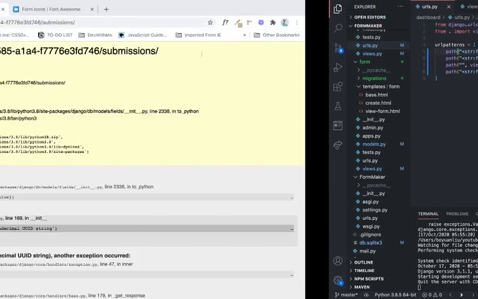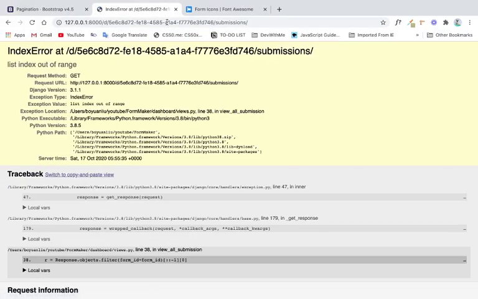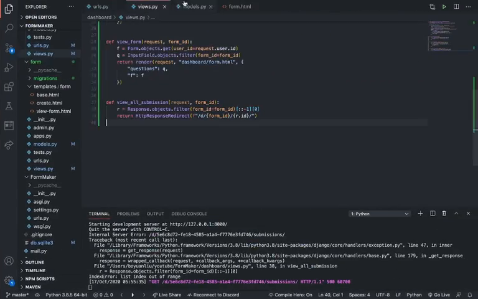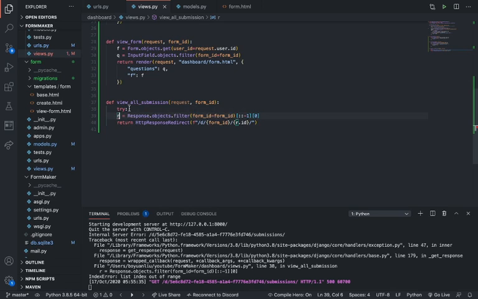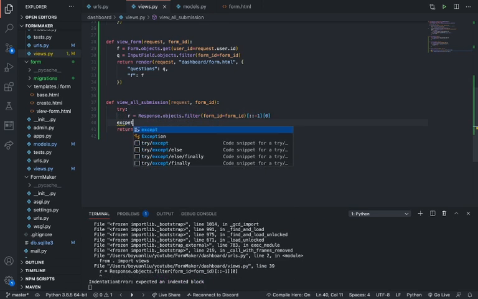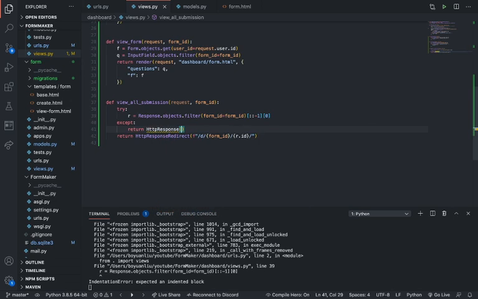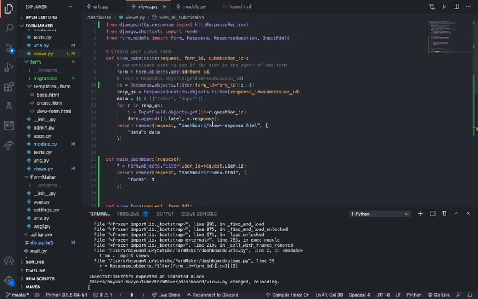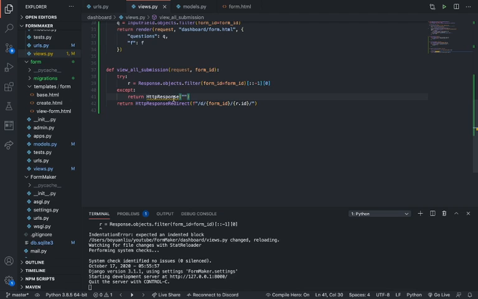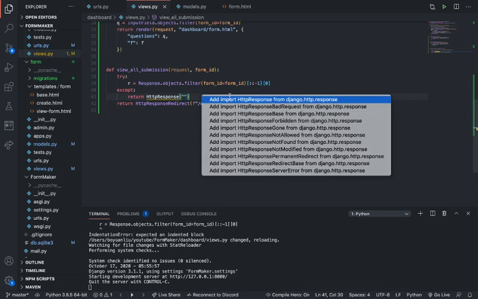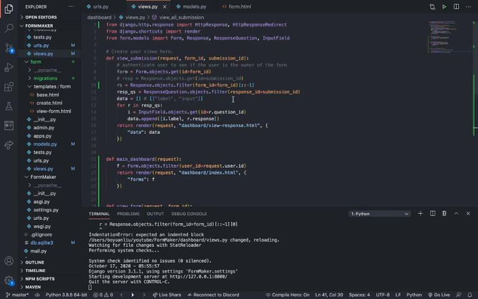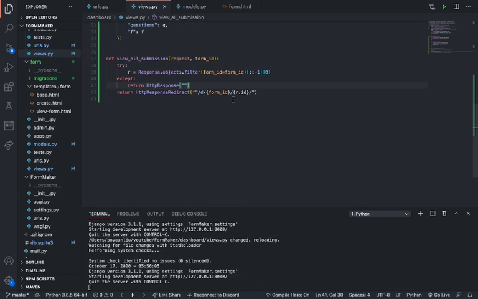And the slash at the end of it. Lists index out of range. Alright, well, here just gonna say try. Except, well, if there's none, I guess you could just return one immediately. We can just return the response. Just gonna use quick fix. Yeah, this would work. And here, just say no response